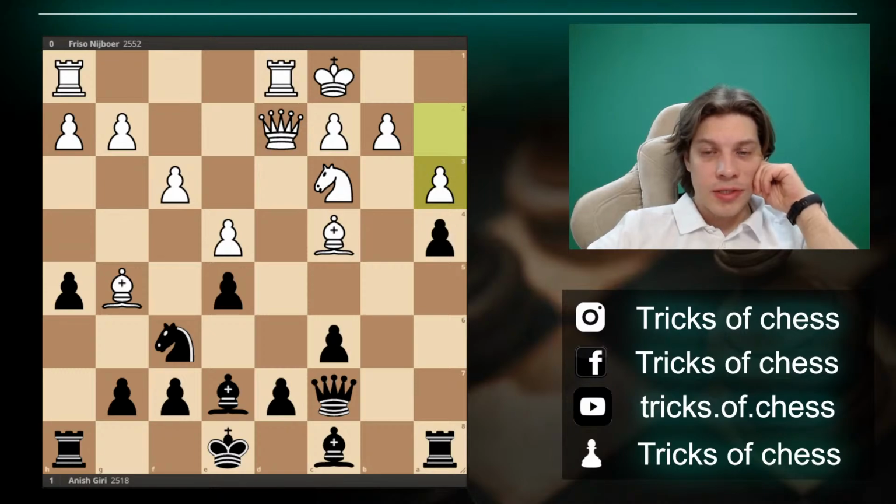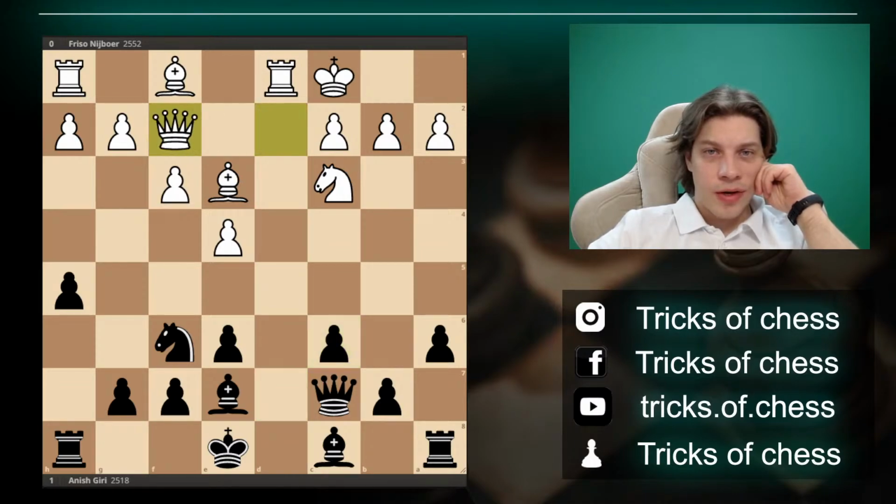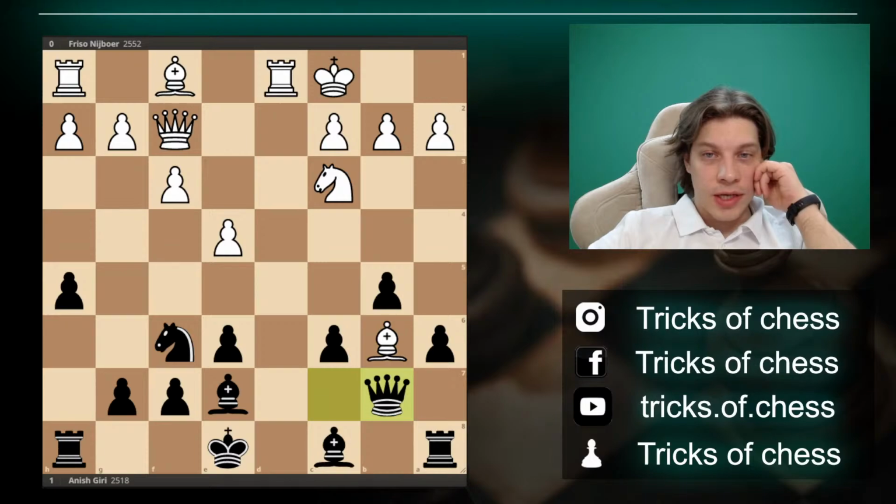So I think in this position, black lags in development. So taking with the b pawn doesn't look so good. What about the d pawn? Then queen f2, threatening to play bishop b6 because this move prevents our pawn, and also we have to play with the queen to a weird position like b8, for example. So that's why we have to spend the tempo on b5 right away, but bishop b6, queen goes there, bishop